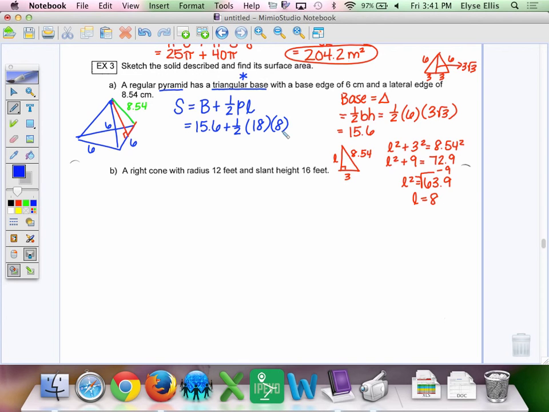So that missing L, we're going to throw 8 on the back end of our formula. Look at all of the side work. You have to find the area of the base. You have to find the perimeter. You have to find the slant height before you can go back and do the original problem, which is solve for surface area. So now we're just simplifying. We've got our 15.6. When I simplify, 1/2 of 18 times 8 is 72. And when I finish adding, I end up with 87.6, and that's going to be in